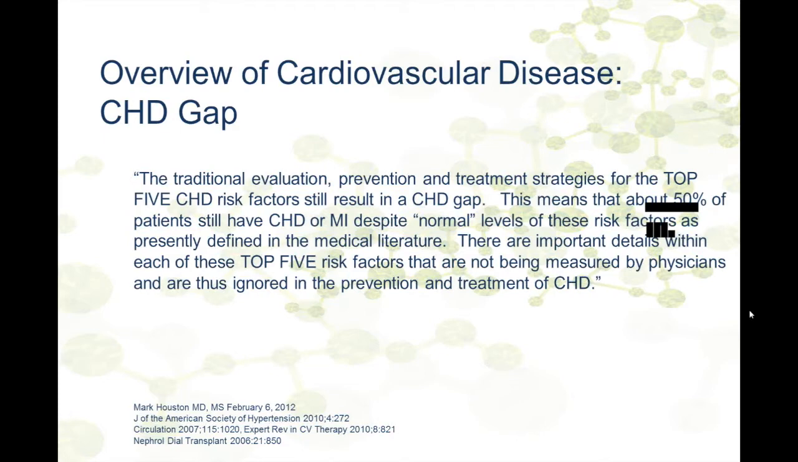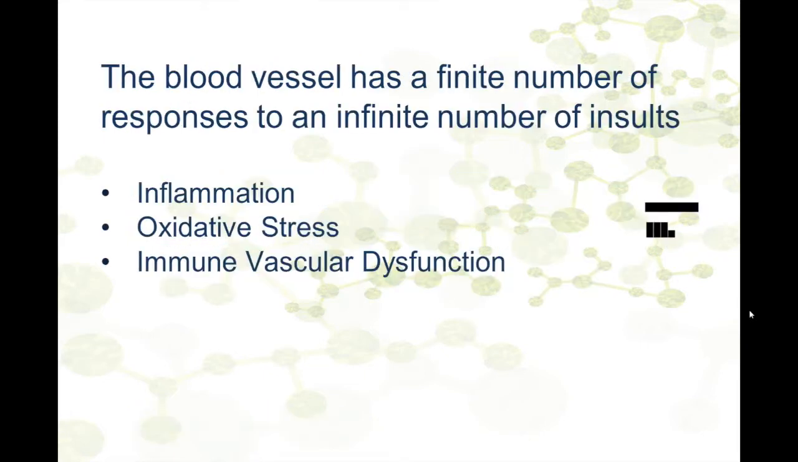So based on that concept, we've got to reorganize the entire approach to cardiovascular disease by looking at the risk factors more appropriately and start to measure those risk factors related to the 3 top reasons that people have cardiovascular disease. So the blood vessel has only 3 basic responses to an infinite number of insults: inflammation, oxidative stress, and immune dysfunction. So no matter what the insult is, whether it's one of the top 5 risk factors or it's homocysteine or heavy metals or infections or something else, the blood vessel can't respond in any other way other than those 3 things listed on your slide,